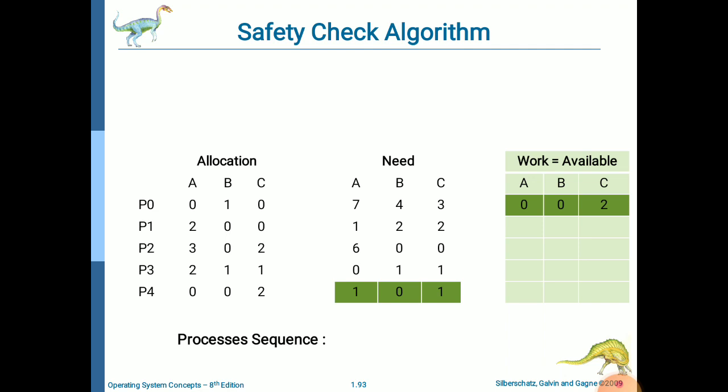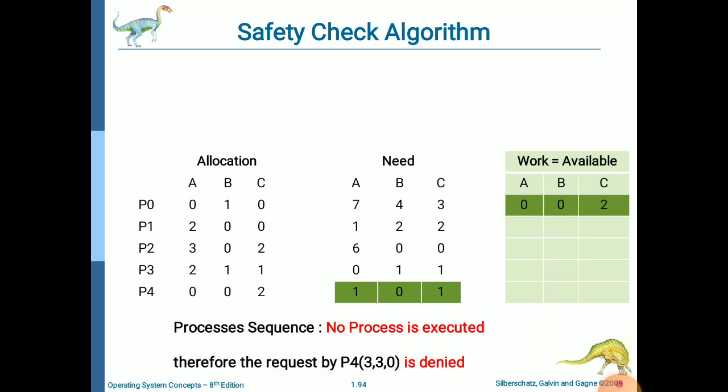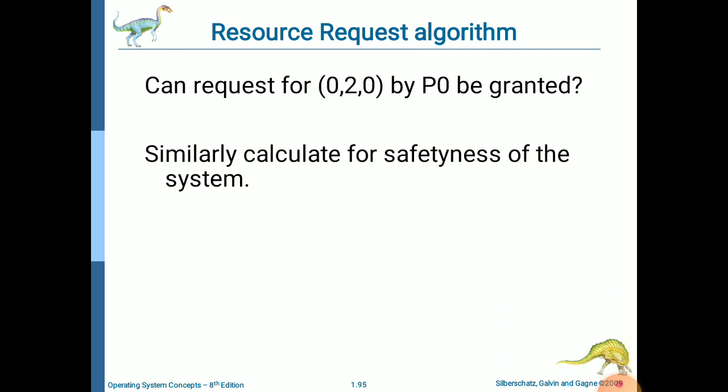After pretending P4 is allocated with this, no process can be executed, so the request by P4, 330, is denied. Similarly, you go on doing the calculation